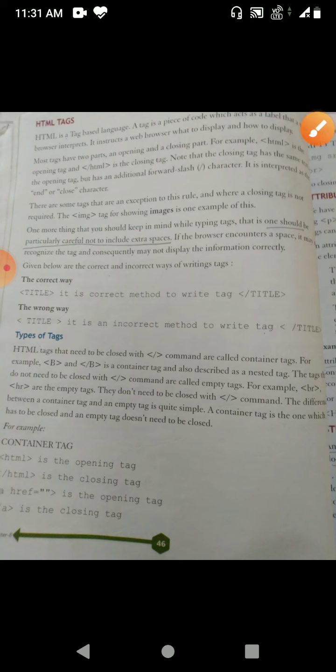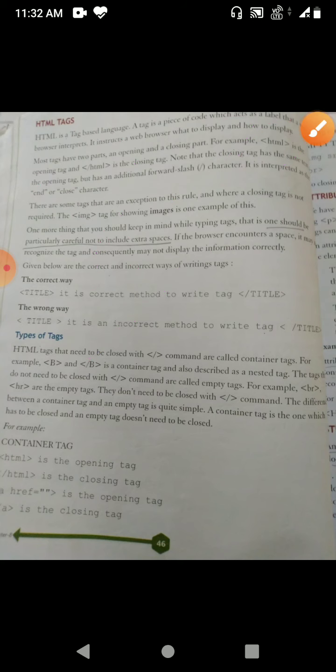So what are HTML tags? HTML is a tag based language. A tag is a piece of code which acts as a label that the browser interprets; it instructs a web browser what to display and how to display. Most tags have two parts, an opening and a closing part. Here you can see html is the opening part, and when it has the forward slash, it is the closing part.